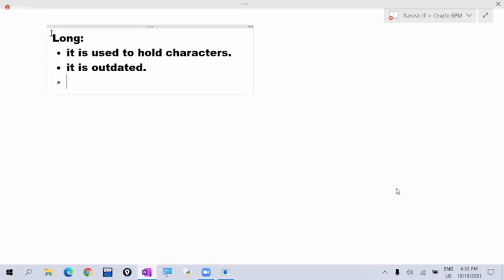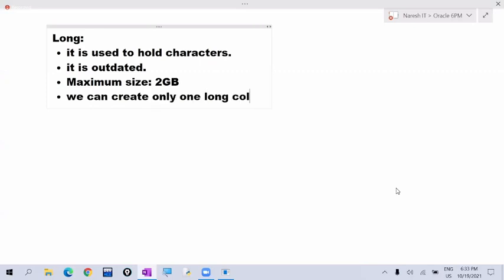What is the maximum size here? The maximum size is 2 GB. We can store up to 2 gigabytes, but we can create only one long column in a table.